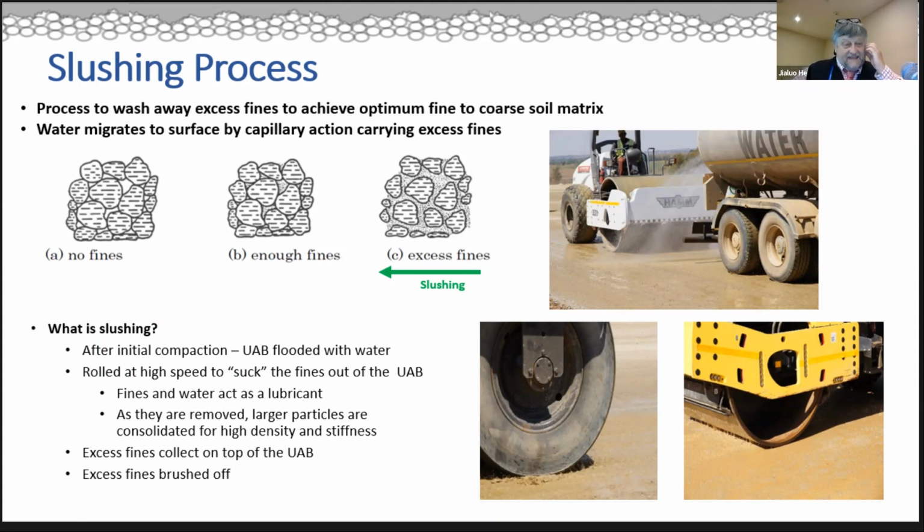And instead, after the initial compaction, you flood the UAB with water and roll it at high speed. The idea is you want to suck the water out and bring the excess fines to the surface, so that you end up with a matrix where the coarse particles are in contact with each other and the voids between the coarse particles are filled with fines. And then once the fines come to the surface, you actually brush them off,